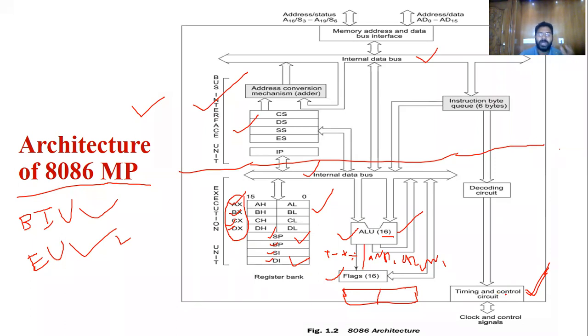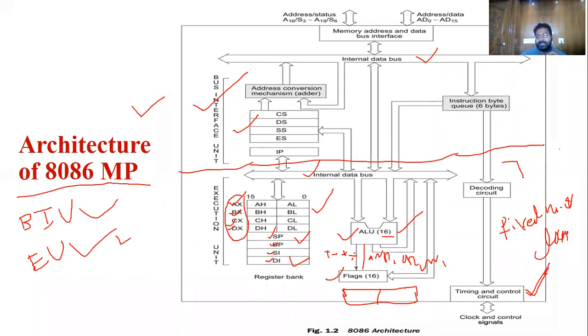Like how our heart pumps blood through the veins to each and every part of the human body, this timing and control unit is connected to each and every part of the CPU. Outside of this structure are the memory and input output devices. How can they be controlled? It can send a fixed number of clocks.